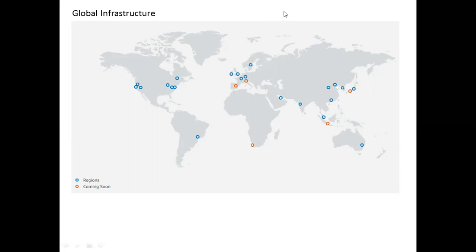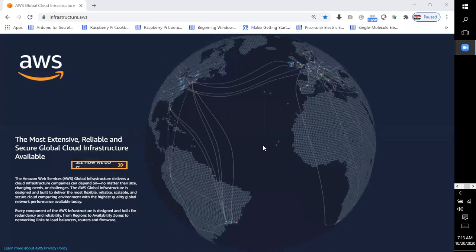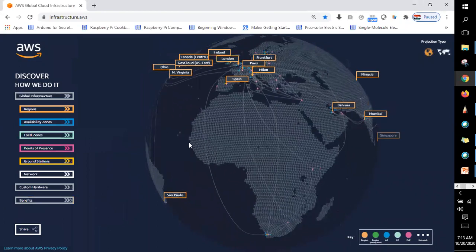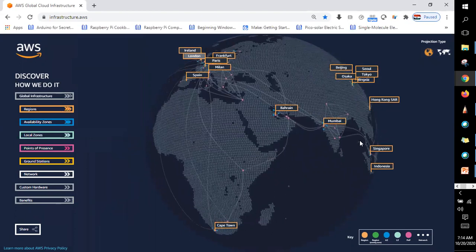Okay, give me a moment. If you see it in 3D, the pop-ups are the regions which you can see.